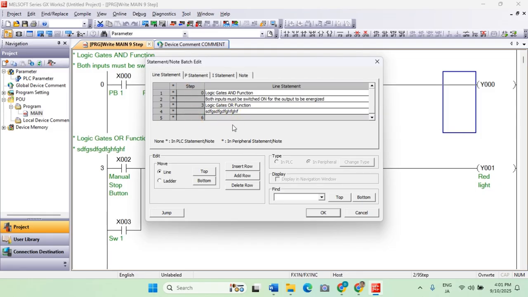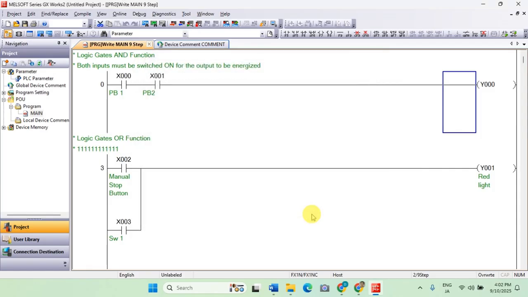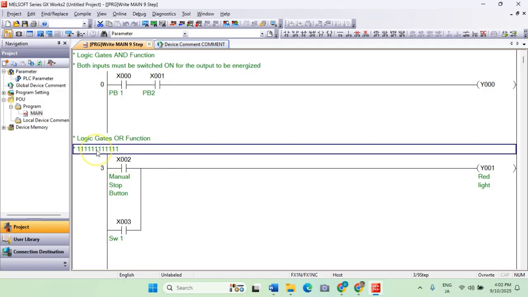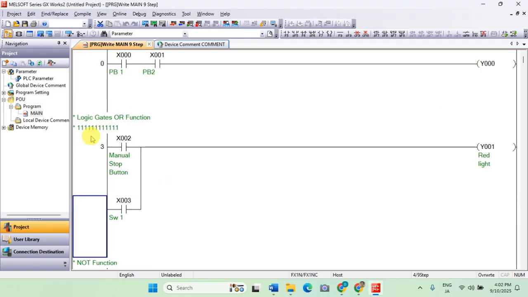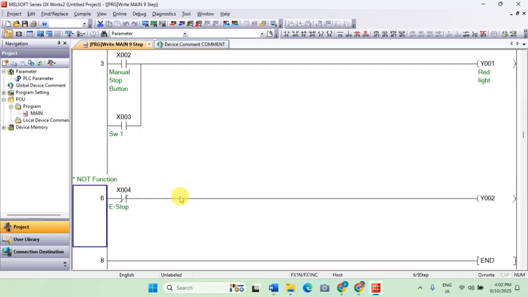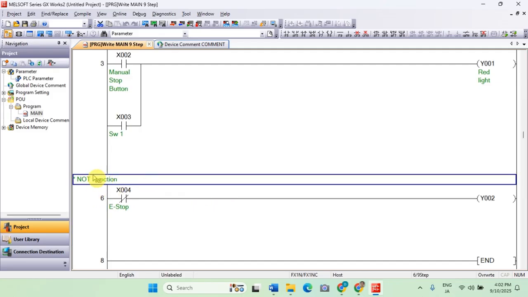Let's say not function. And this one I can also edit. For the sake of demonstration, I'll just put random statement. Okay. So it is updated. It becomes 1111, and then this one we added the not function.